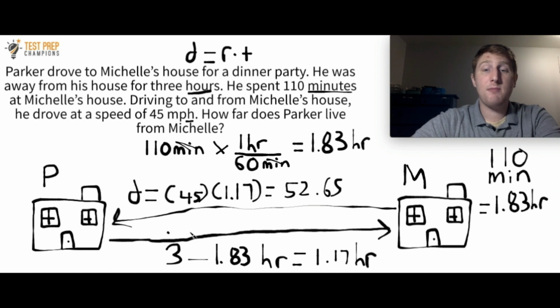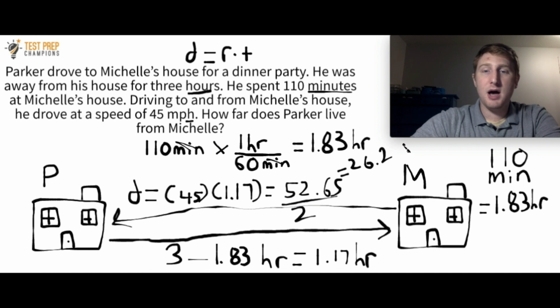The drive from my house to Michelle's house and then from Michelle's house back. That's the total distance. I just want half of that. I just want the distance of the drive from my house to Michelle's house. So all I have to do is divide this by 2. And so this is the part where, depending on how you round it, you might get a little bit different of an answer here. So you should get something like